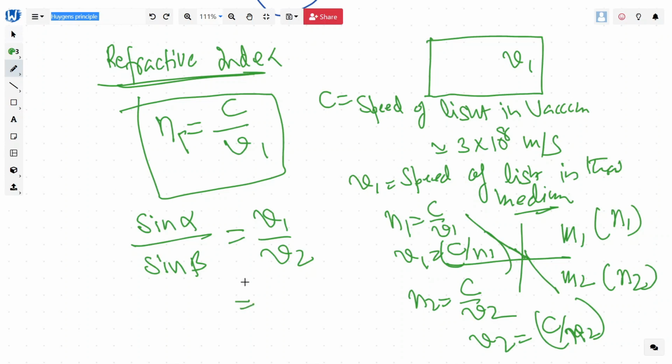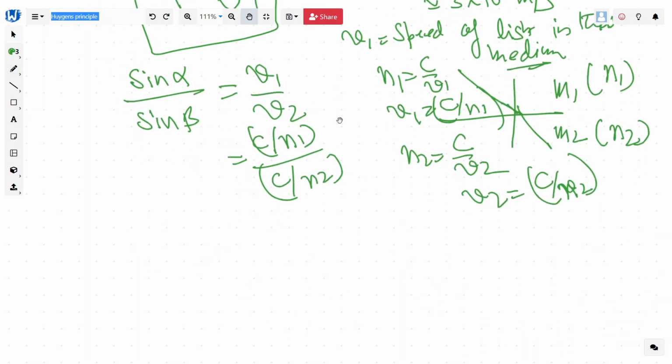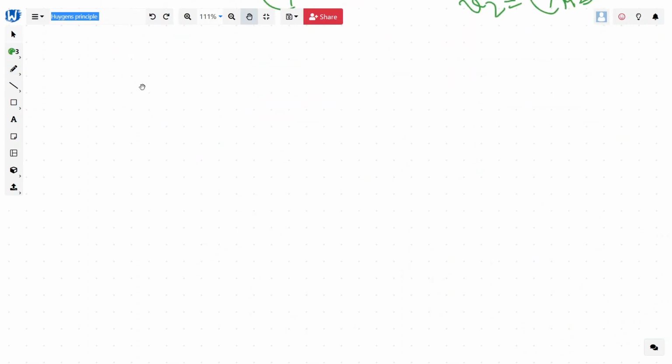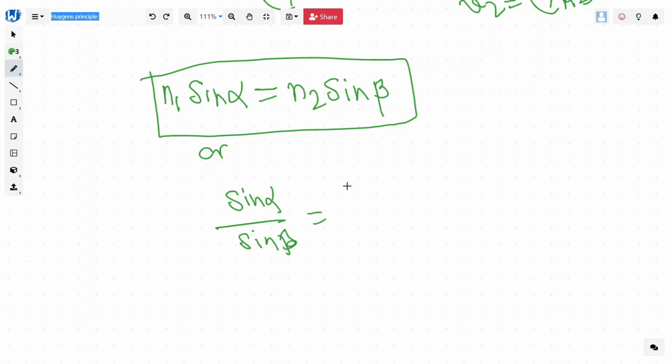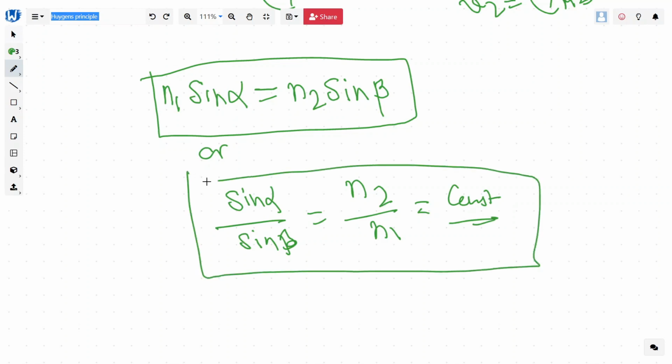Let's plug it here and we'll find that C by N1 divided by C by N2. We do that, basically we'll find that N1 sine alpha will be equal to N2 sine beta, or sine alpha by sine beta will be equal to N2 by N1, which is a constant. So this is the law of refraction, or Snell's law of refraction, and this is the expression we are going to be using